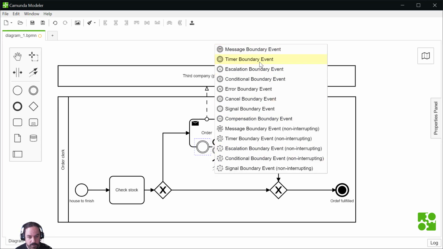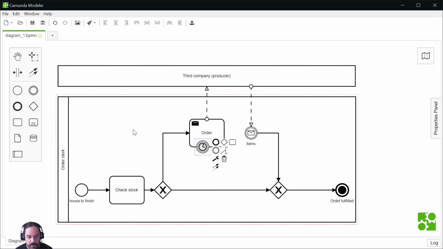And we can put it like the timer boundary event, and this would mean that we want to set a maximum time. For example, if it takes more than a week, you may want to do something different for the customer. So that's a way to do it.